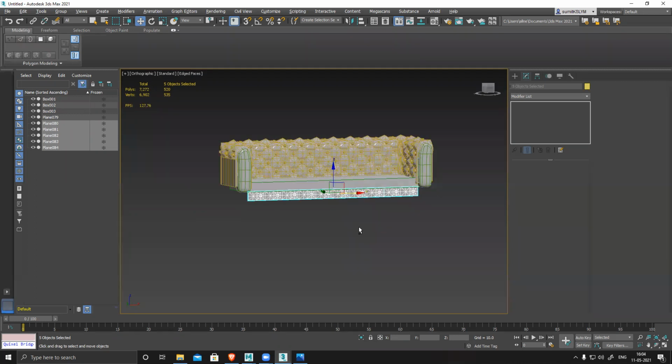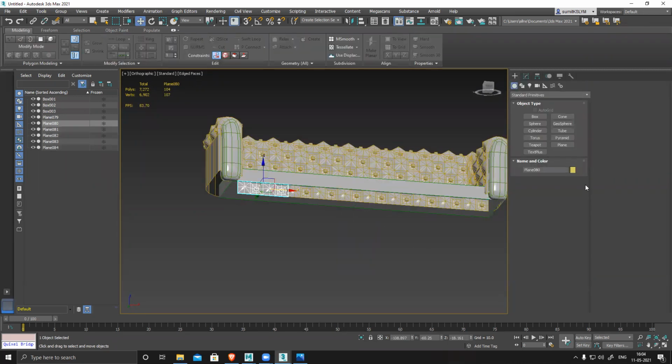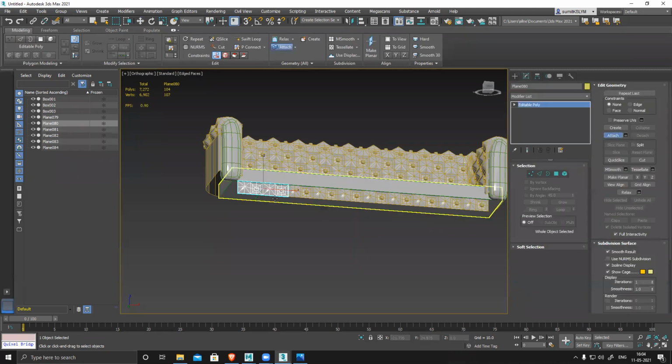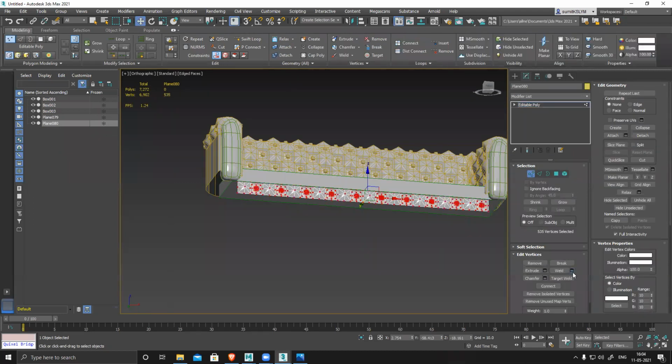Basic structure, and this thing also we will do the same. Select one, then attach, then select all the vertices, weld.